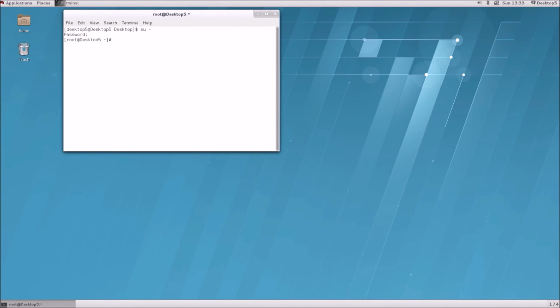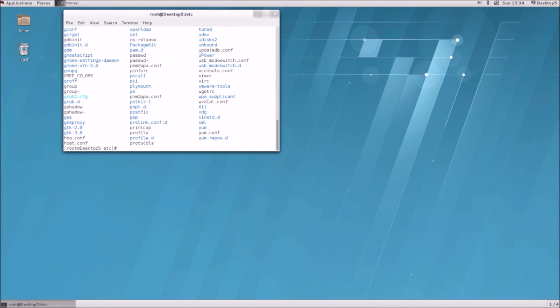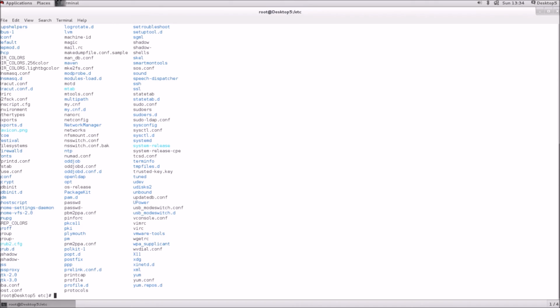So now I am in the root user, I am the administrator. cd /etc. cat /etc/redhat-release.